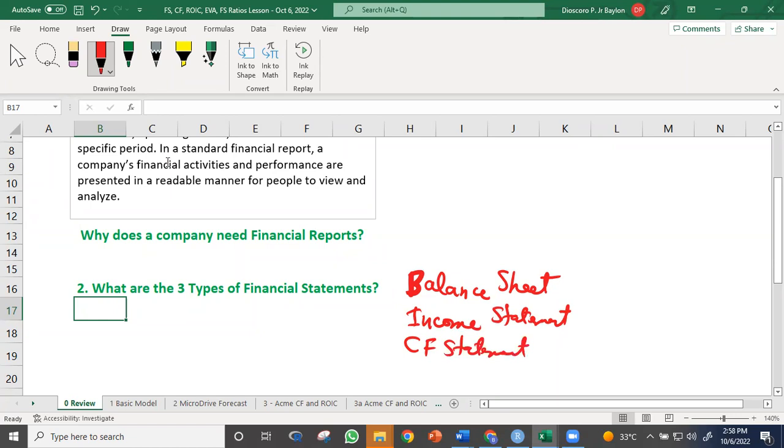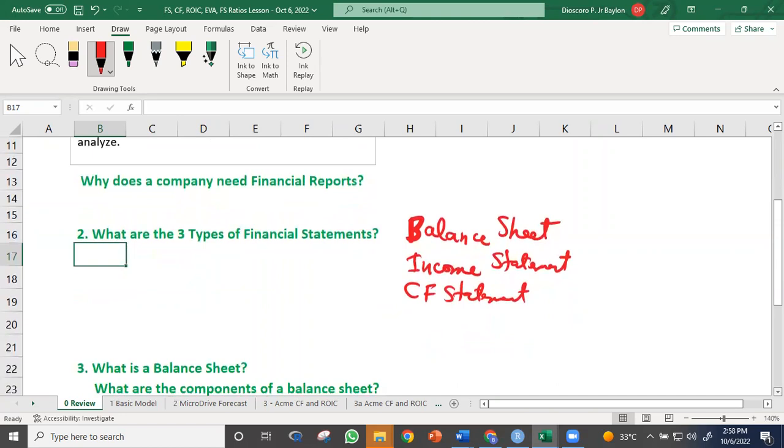And some would indicate that aside from this, you also have the statement of changes in shareholders' equity statement, and some would even include the notes to the financial statements. Okay, but these three are the three most basic ones: the balance sheet, the income statement, and the cash flow